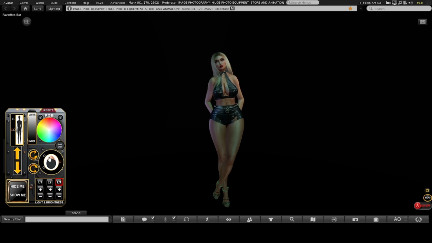With a blue RGB on this light and then a white color light on the previous light, we have 2 different colors focusing on one side of the body and the other side of the body. We can change the RGB of any light at any time to change the color effects. For any new photo shoot,